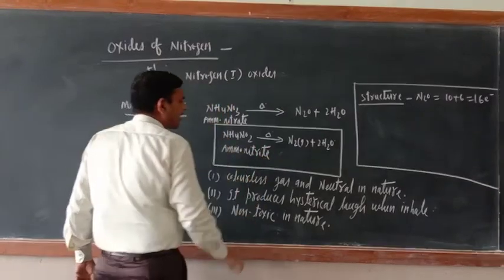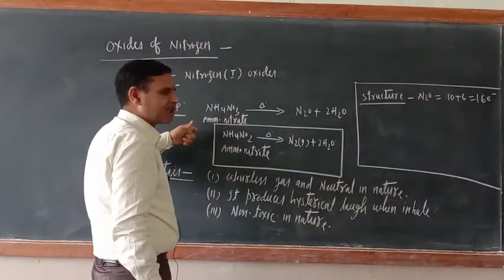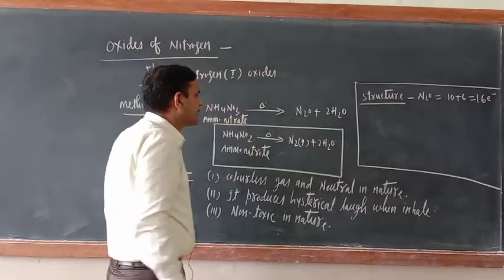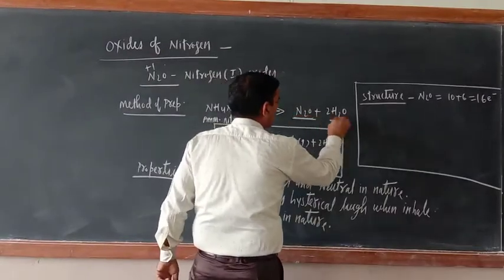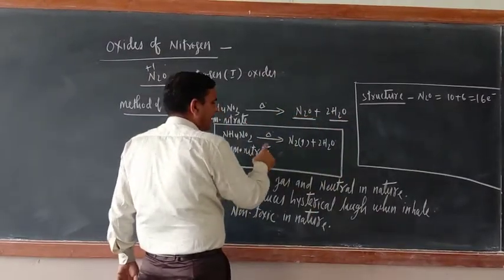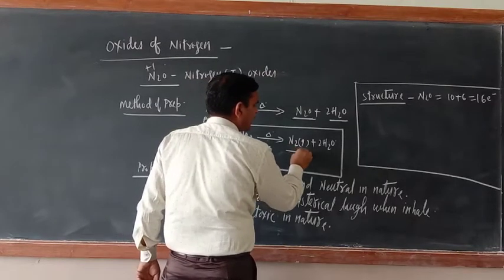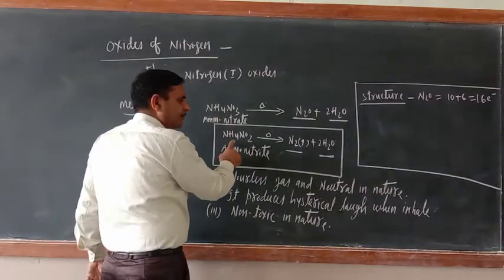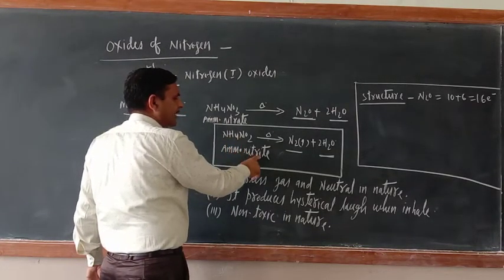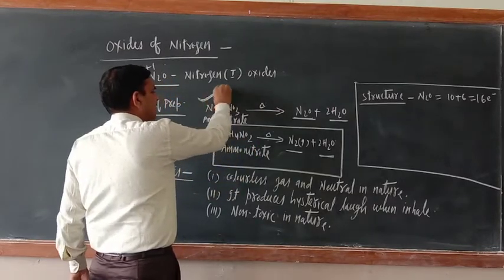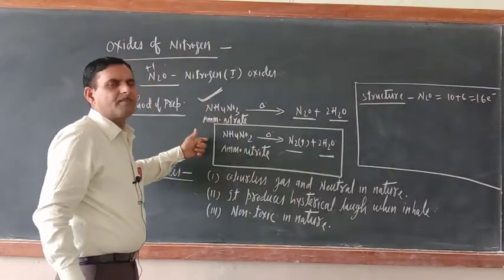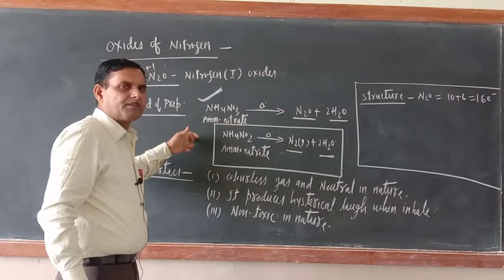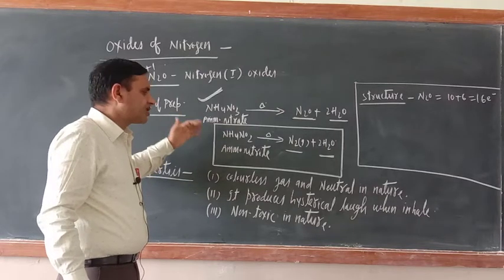Okay, see the pattern of dissociation. The pattern of dissociation is entirely different. Just see, ammonium nitrate upon heating dissociates into nitrous oxide and water, and ammonium nitrite upon heating produces nitrogen gas and 2H2O. Okay, so this is for the sake of your information, NH4 ammonium nitrite. The method of preparation is this one only. Just remember this one, because sometimes in some competitive exams it may be asked, because they are salts of ammonia only, but their pattern of decomposition is different.